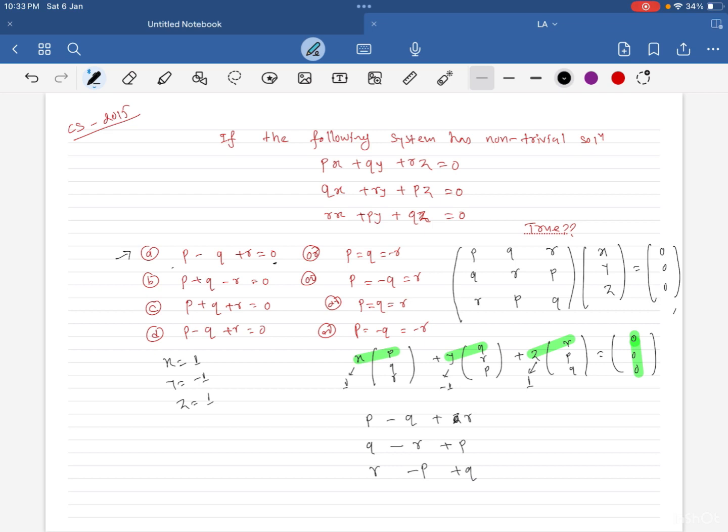And in option A we have been given 0 here. So we got this one 0, but